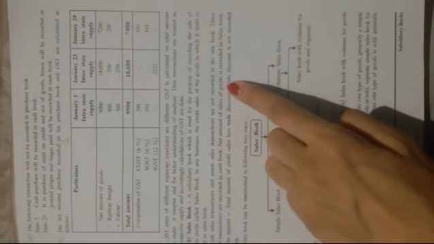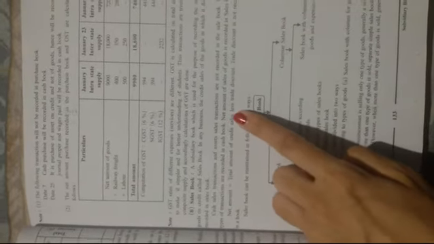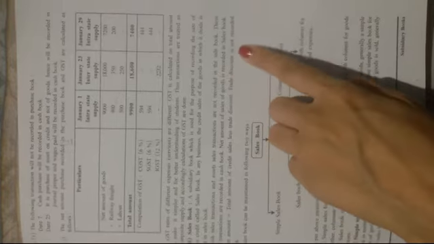Net amount of sales of goods is recorded in the sales book. How to find the net amount of sales? Net amount of sales equals total amount of credit sales less trade discount. Then you will get the net amount of sales, and then the net amount of sales is recorded in the sales book. So trade discount is not recorded in a book.